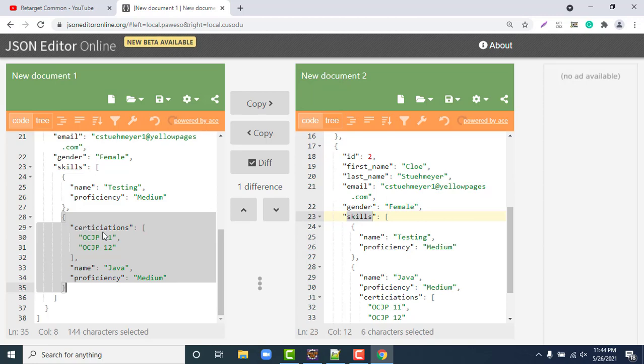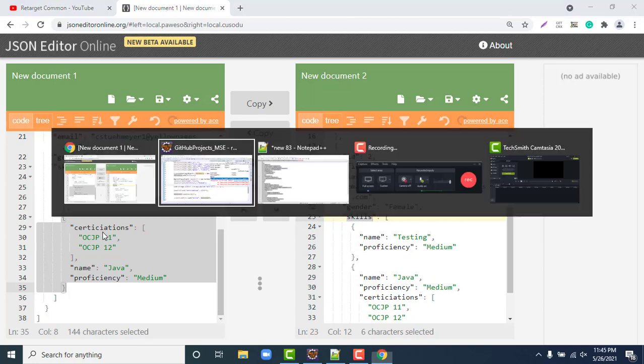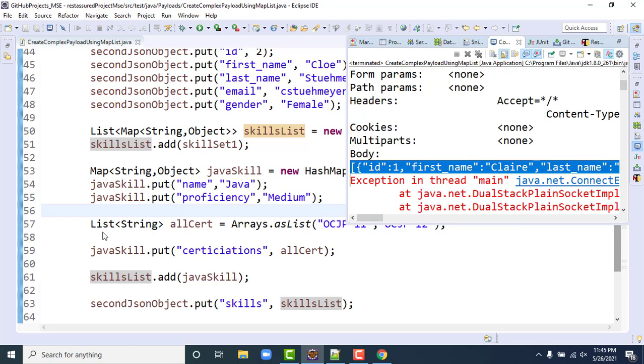But this is not a good approach, because when your payload size is small, you can go for Java map and Java list. But if there are so many JSON objects and JSON arrays, it is really difficult to create so many maps. So that is not good. Anyway, we learned so many different ways as well. But you should have a clear understanding of this. In interviews, generally I have seen that they will give you a longer JSON and ask you to create it. So you should know the basics.